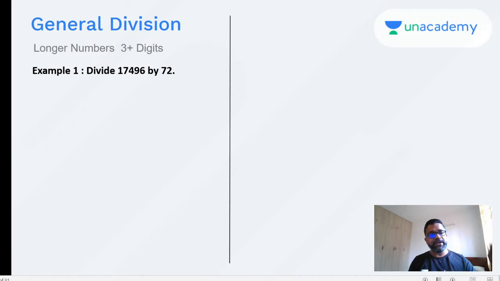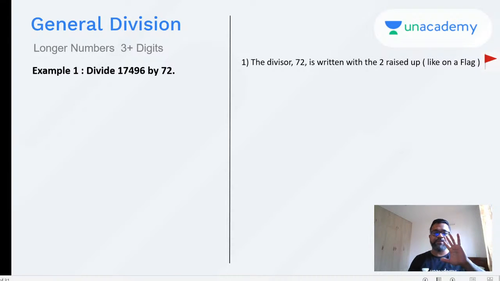You can tackle it by your normal division as well, but I'm going to teach you a slightly different method. The division techniques in Vedic mathematics use concepts of arithmetic only. It's no rocket science, it's nothing different, but it's an intelligent sequencing and choosing of digits. In Vedic maths, the idea is to simplify arithmetic as much as possible and take one digit at a time instead of looking at the whole number. So let me start off with 17496 divided by 72.